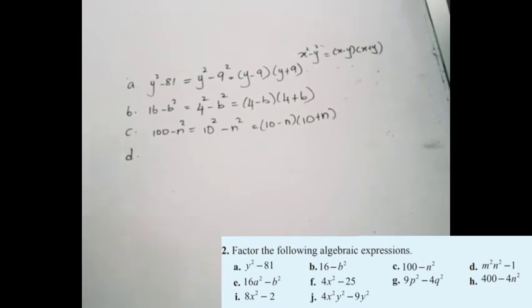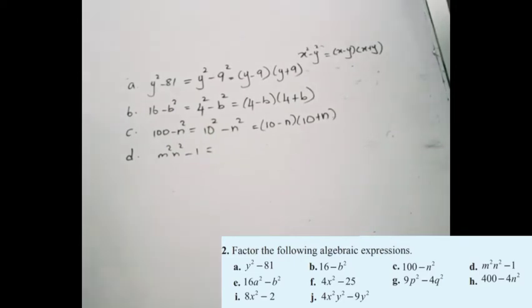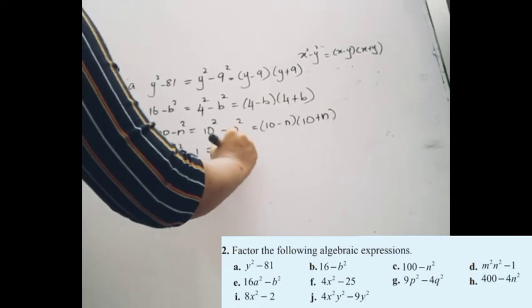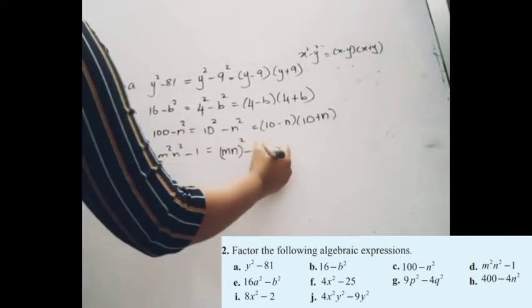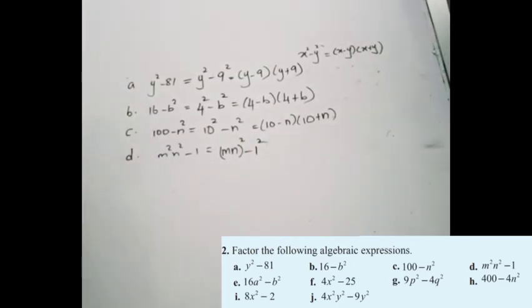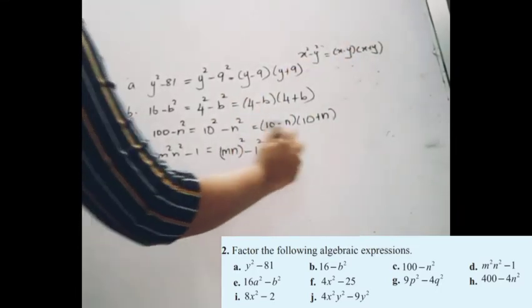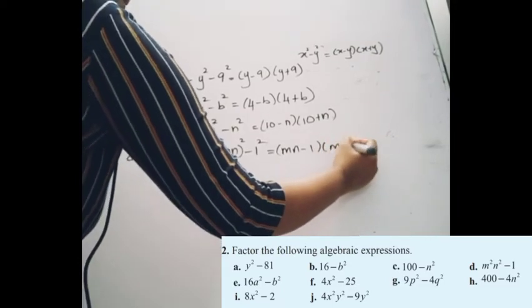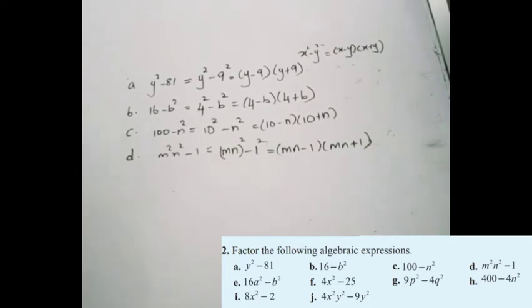Question D is m square n square minus 1. Look at this carefully. Since both m and n have square values, you can write it in this way. Minus 1 square is 1, so it also can be converted to a square number. Now we can use this format, which is mn minus 1 into mn plus 1. That's very easy, right? Let's do another question. E: